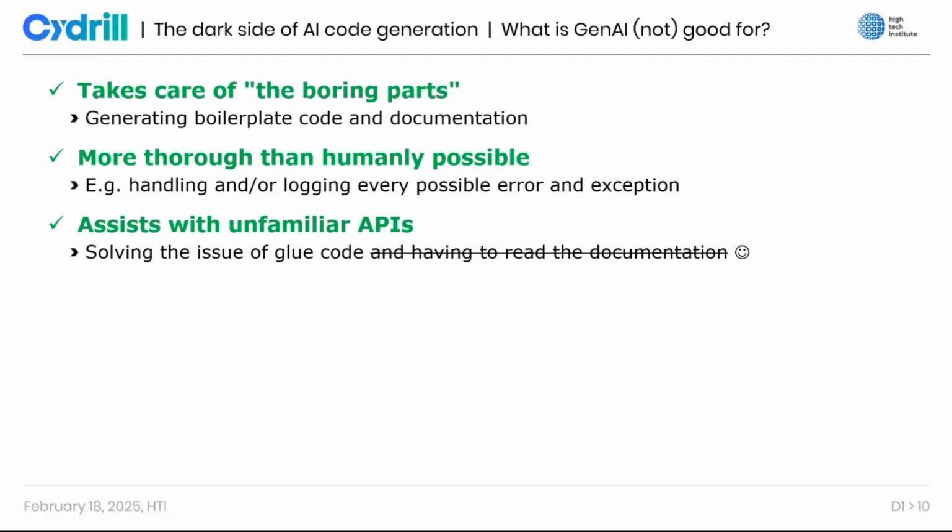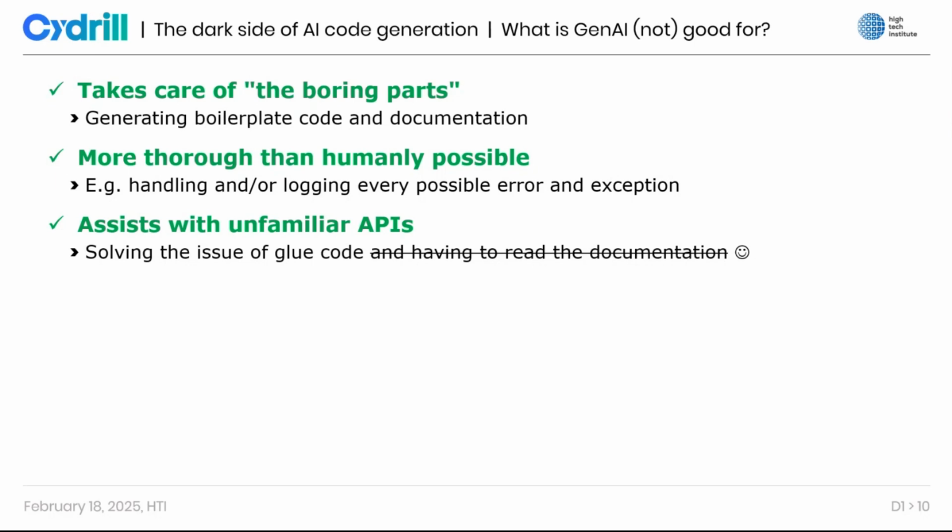Then we have handling unfamiliar APIs, which is something every programmer has to encounter at some point. Normally, when we have to work with an unfamiliar API, what happens is, let's say we want to open a PDF file, or modify a PDF file in our code. So we search: okay, what kind of PDF libraries are there? Which one is actually being updated? Is this one still reliable? Should I use this one or that one? Okay, I'm going to install that one. I need to now read the documentation. Oh, it has a bunch of dependencies. Oh, those are incompatible with the ones I have. Now I have to read the documentation, and I also have to practice a little bit about how I actually use that API.